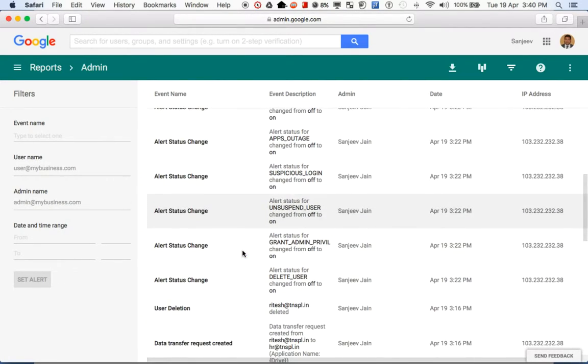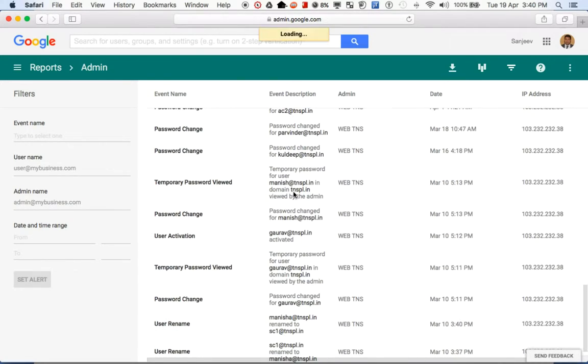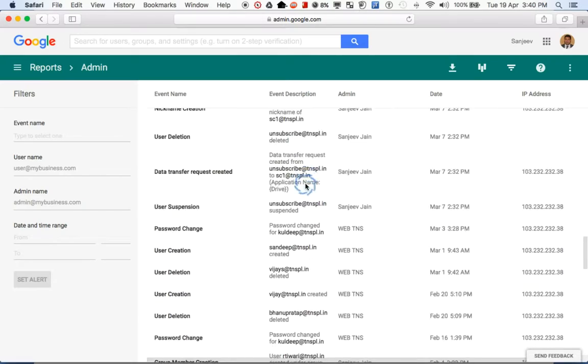Similarly, we see here that suspicious login status has been changed. I have deleted a user called Ritesh. Similarly, you can see that the password was changed for Parvinder, for Kuldeep, for Manish.